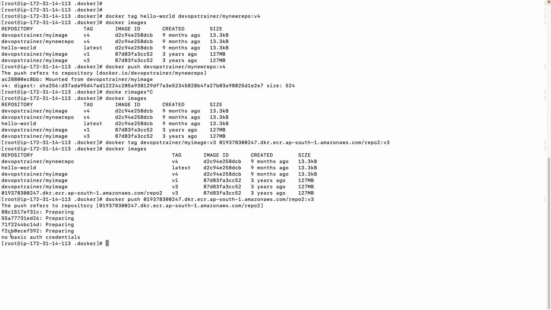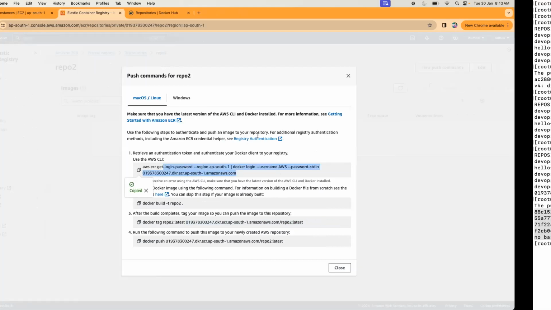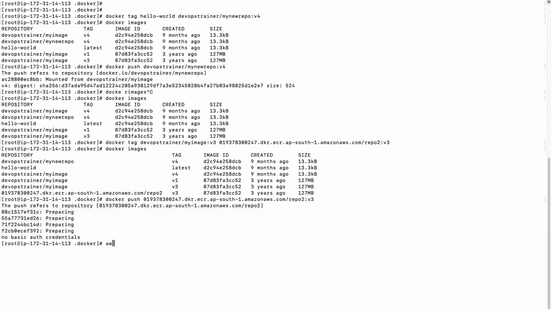But you don't have authentication to AWS ECR. You have done Docker login to Docker Hub, but you should also authenticate to ECR, correct? Yeah, that's what we have to do. How do you do that? It's giving you a clue. See, the AWS ECR get-login command. This is the command you should run. But you should have the AWS CLI installed. AWS CLI comes by default on all EC2